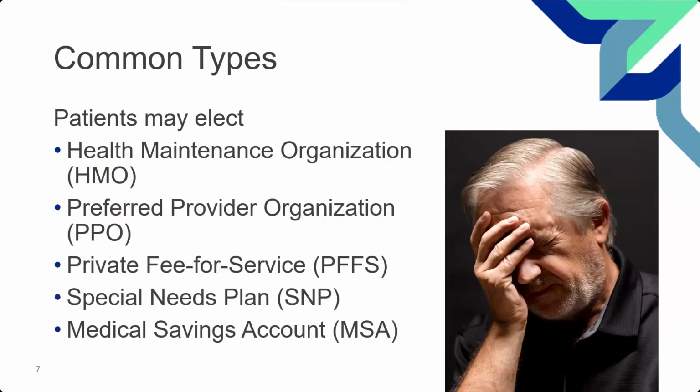Common types. Now, this was something that I was asked about, because it's what types of plans are there, or what can you be aware of? So I want to make it very clear. These are the common types. These are the ones that someone could create a new Medicare Advantage plan today and then go into, and then they have to follow the rules of that plan. So the first one is a health maintenance organization.